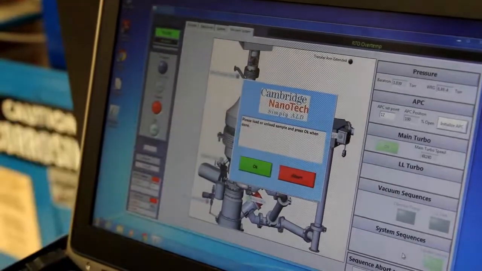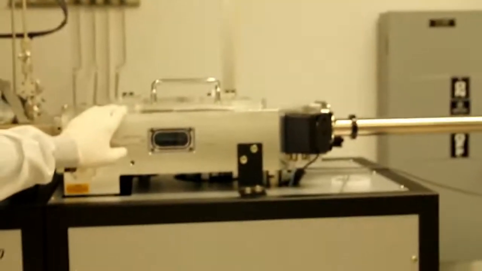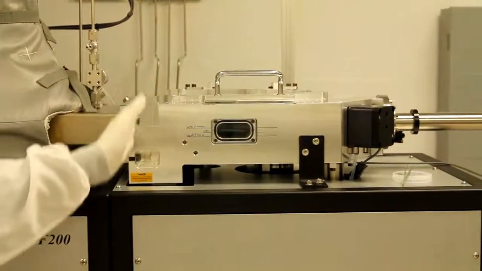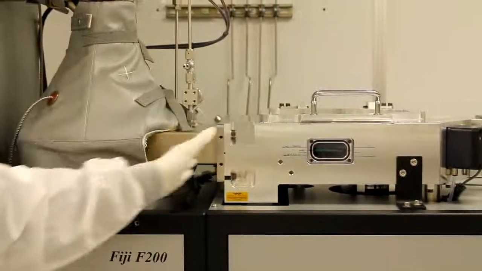After the load lock was pumped out, there's a valve between the main chamber and the load lock chamber that was opened. Next, we'll use the transfer rod and push the chuck inside and release it, and then get the transfer rod back out.